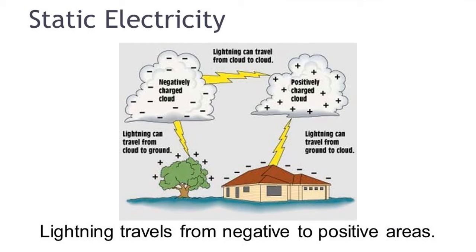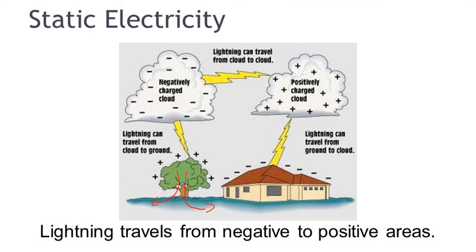You also see it up in clouds and getting lightning. Okay, it's all about static electricity. So you have excess electrons building up in the cloud, and that's going to cause the tree closest to it, okay, to actually lose its electrons. Those electrons aren't going to go to the cloud. They're actually going to go into the ground because they're going to be repelled by that strong negative charge in